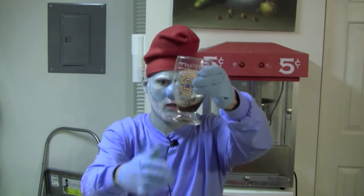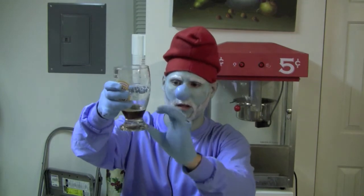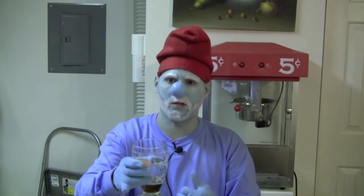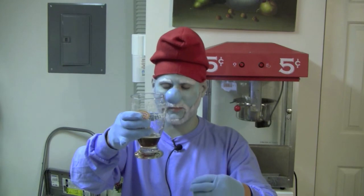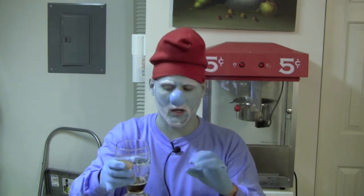All right, well, I'm back, and as you can see, I have just a little bit of beer left. For starters, that head did dissipate like I said it would. It left nothing, but it didn't hurt the overall enjoyability of the beer. Again, what I liked about it was a little bit more full body than the brown ale that I'm traditionally used to. There was a nice smokiness on the beer. There was a nice chocolate flavor, even some notes of coffee, and some dark roasted malts that really just combined